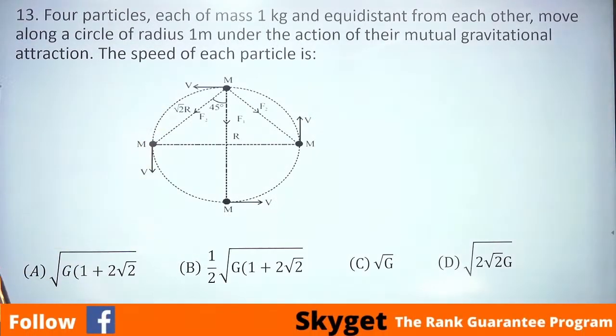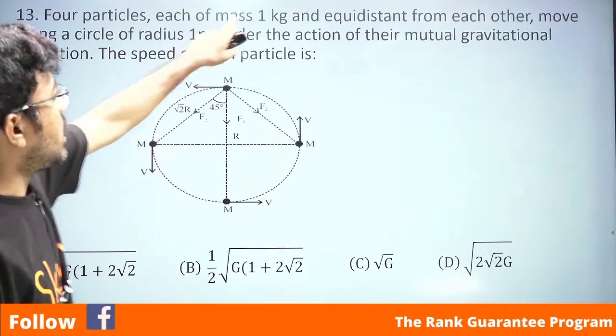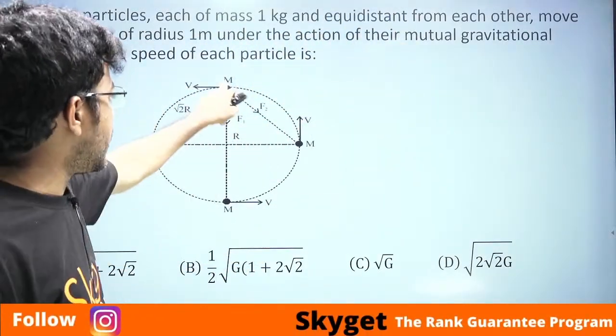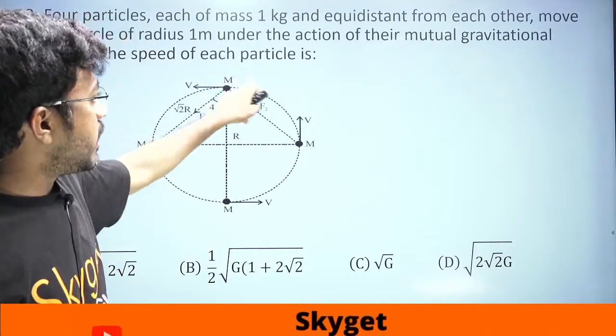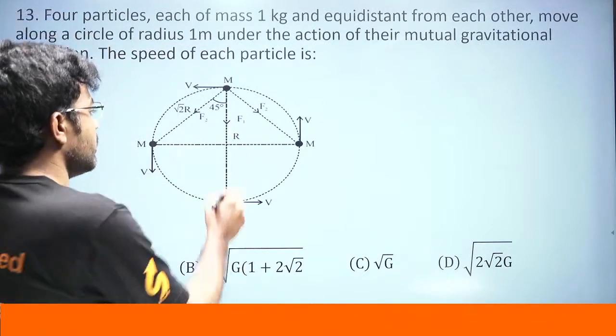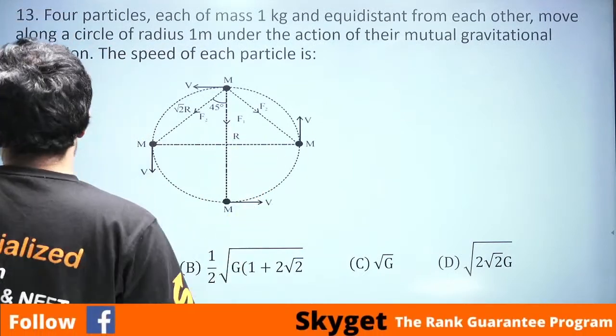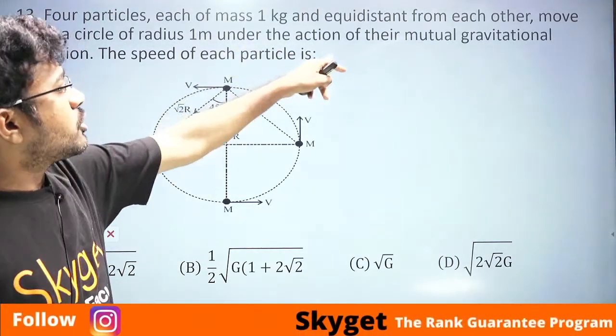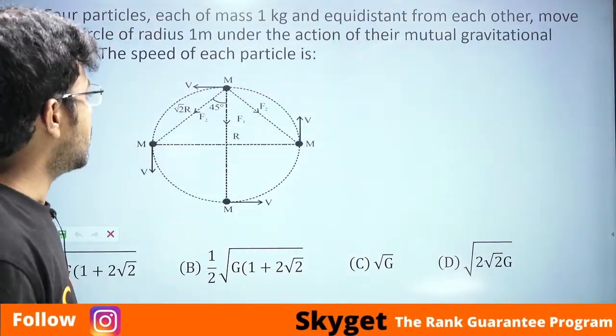So here in this problem he has given 4 particles of mass 1 kg each, being equidistant from each other. So these 4 particles are at the 4 corners and move on a circle of radius 1 meter. He has given the radius of the circle, which is obviously 1 meter, in the question itself, and under the action of the mutual gravitational forces,